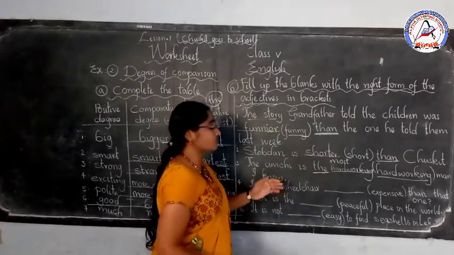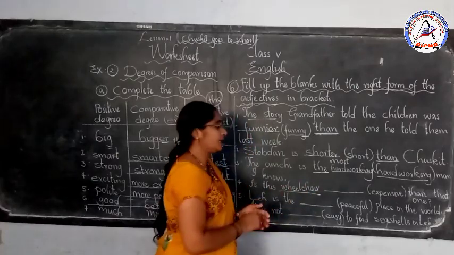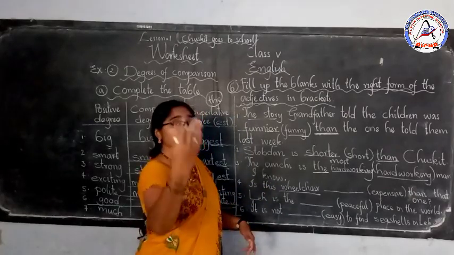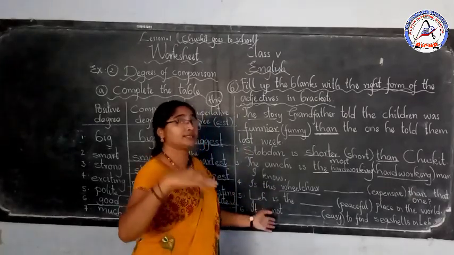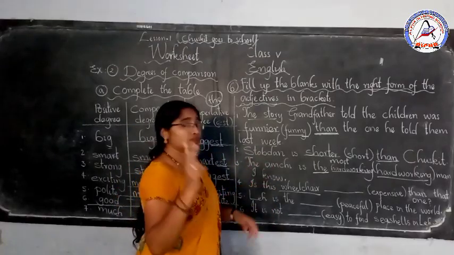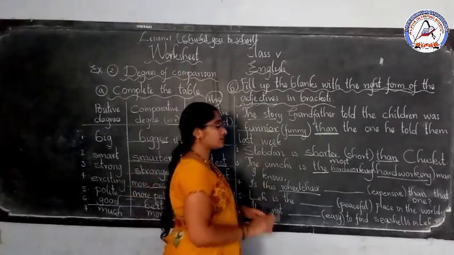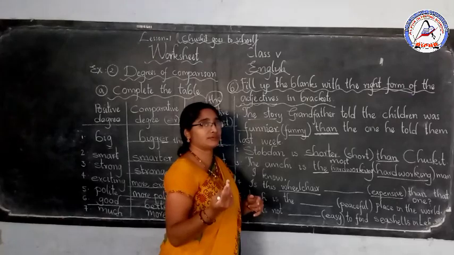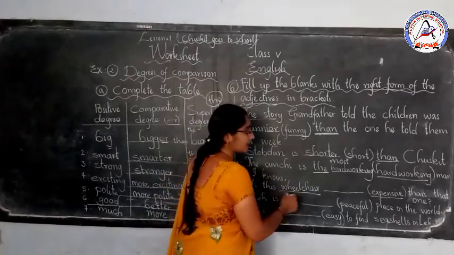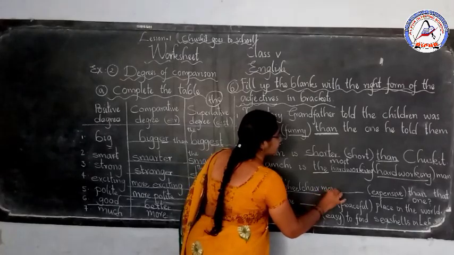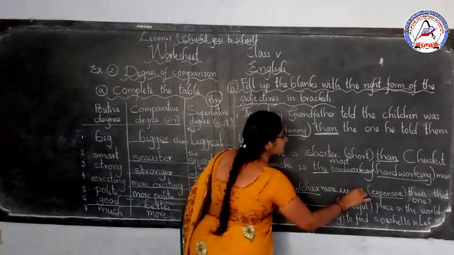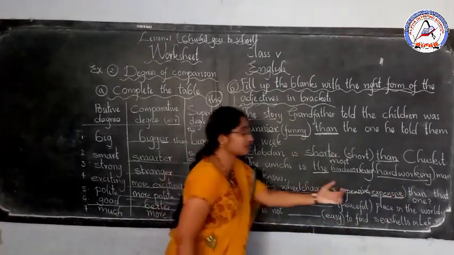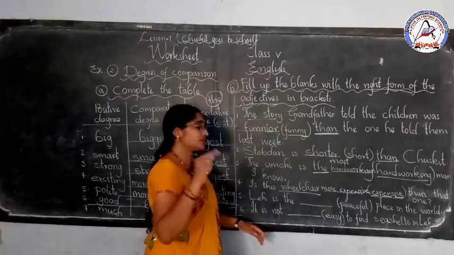Is this wheelchair dash than that one? See here, is this wheelchair? Here what is compared to wheelchair? Than that one, expensive, that means costly. Is this wheelchair expensive than that one? That means here one and there one. Two wheelchairs are compared. So comparison between two things. So what you have to see right here? Comparative form. Expensive is a three-syllable word. So what you will use here? More. Yes, more expensive. Why we are using more here? Because expensive is a three-syllable word. Three-syllable words you will use more. If it is one-syllable word, you will use er.